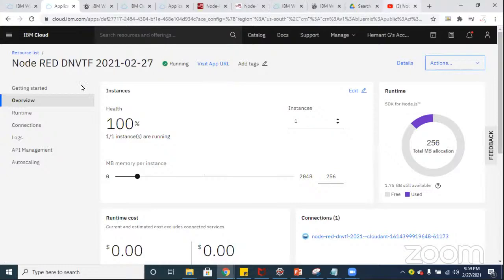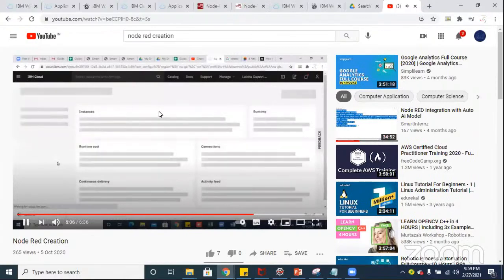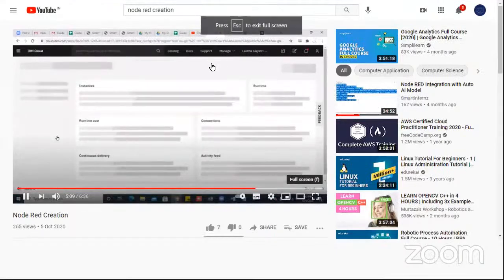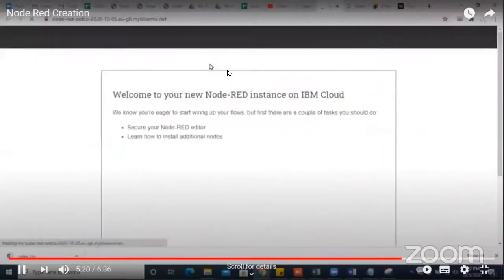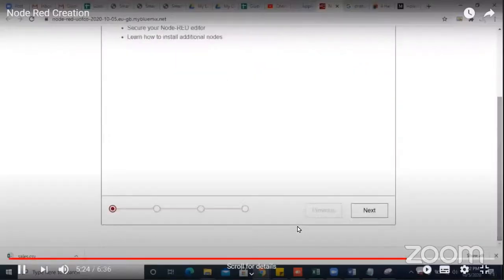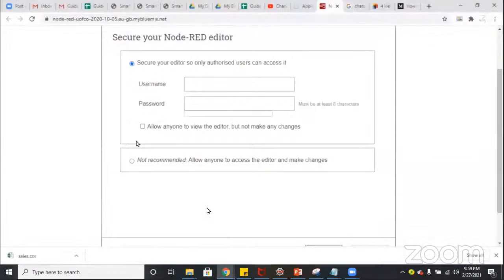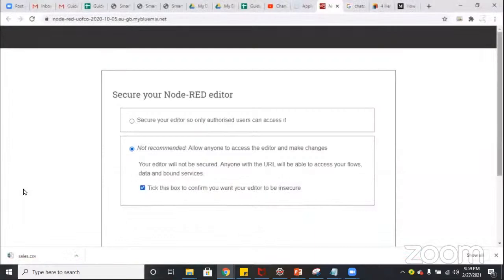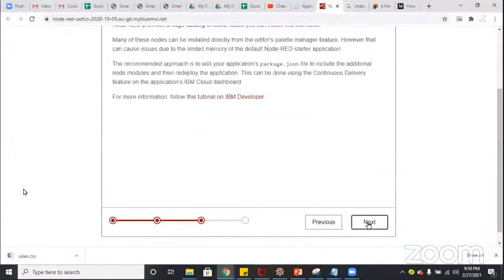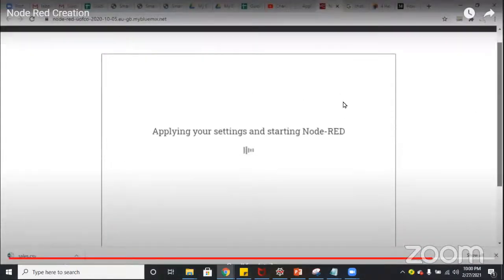Once you open your Node-RED, this is the page you get redirected to. That you've created. You can see here the recorded video. Click on Visit App URL. Scroll down, select Next. If you wish to give a username and password, you can give. Otherwise, I'll just send you the recorded videos. Click on Next. Click on Next. Finish. Once this process is done,